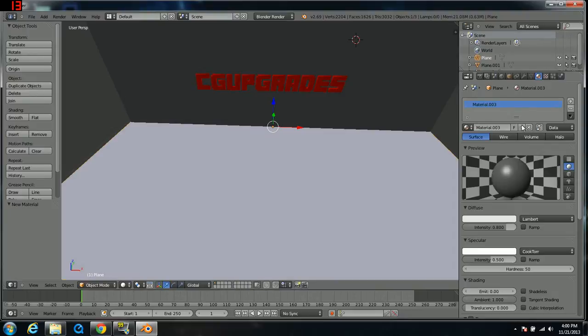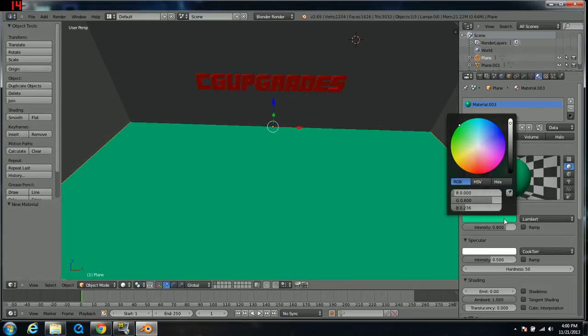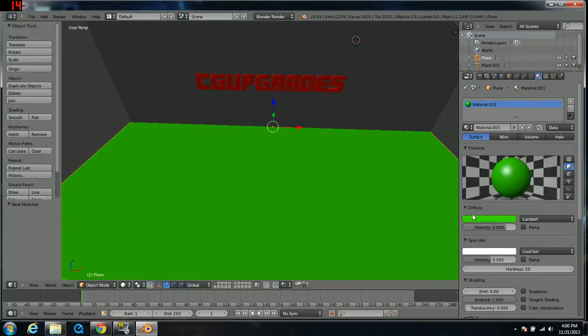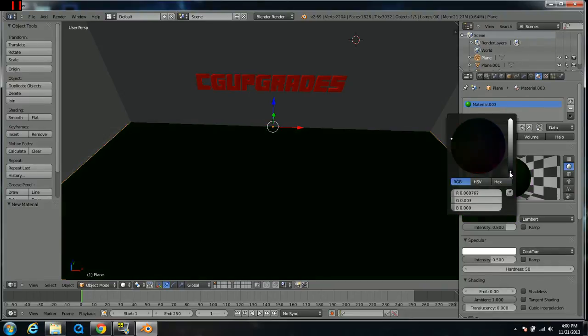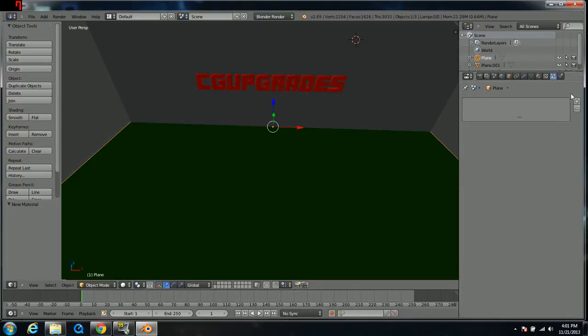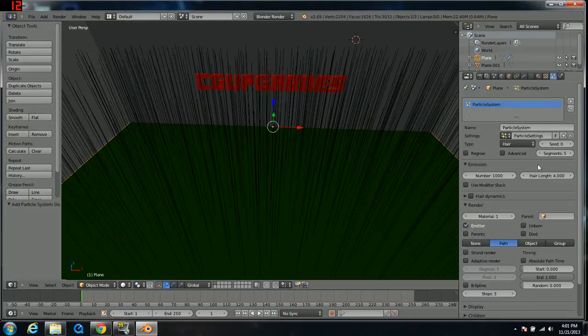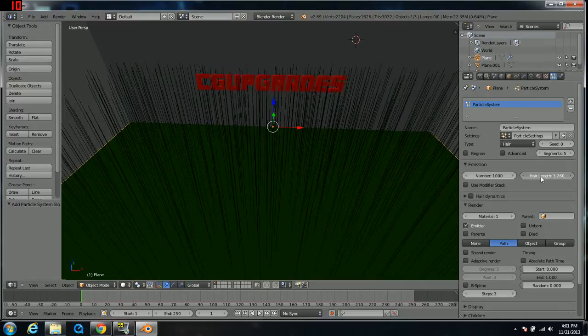If you want to put something cool like grass in your logo, or you're trying to make something look cool, there is a way to do this that looks horrible. You can then put a texture on it, or whatever works for you. And there should be a particle thing. Click Add Particle System, and it says hair. Go to Type and hair. Now it should be all the way up like that. Just size it down